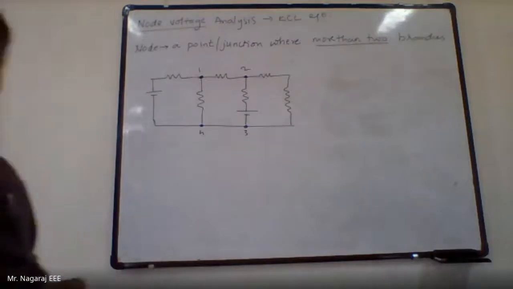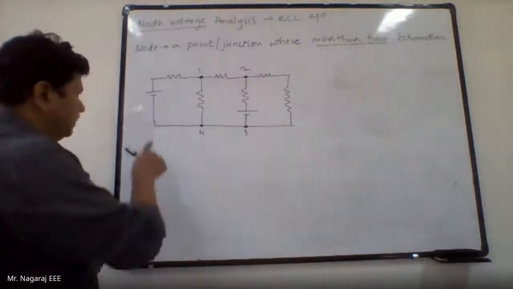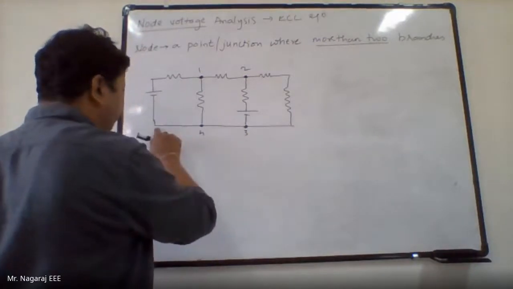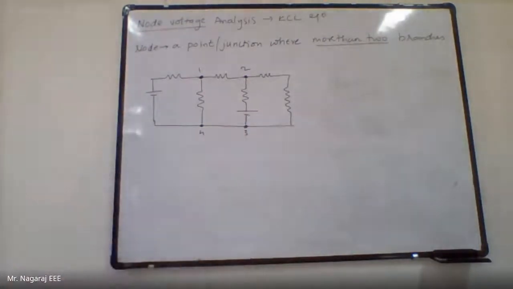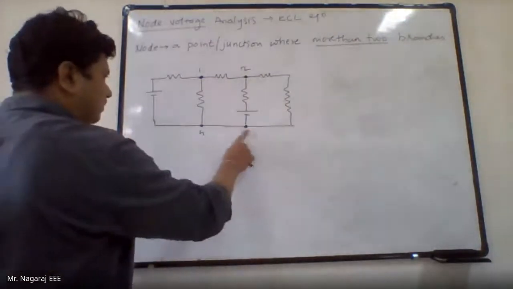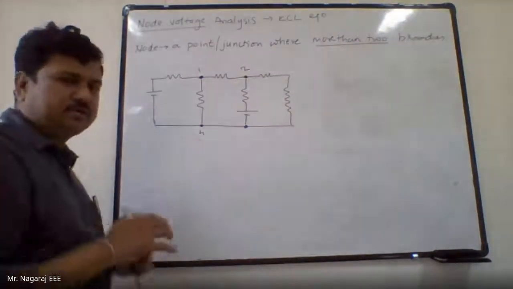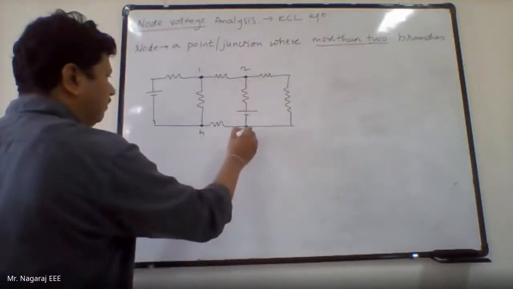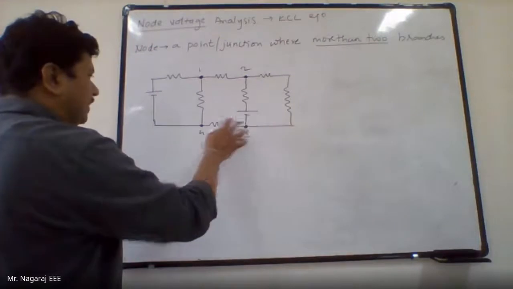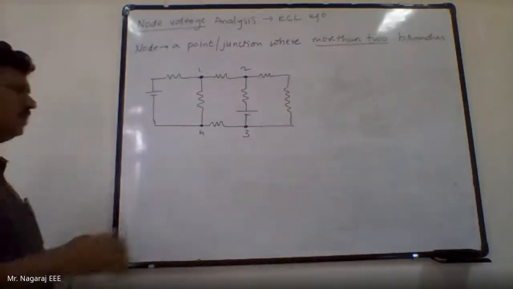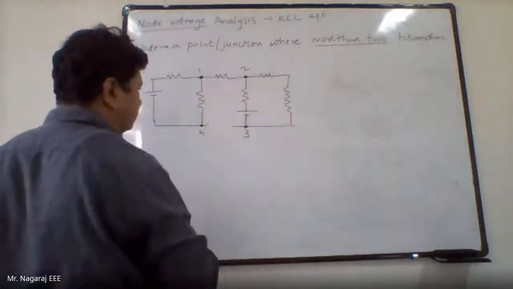But that is not the case. Why? Because see, this is connected with a common wire. 1, 2, 3, 4. All these four connections are same. So there is a common point connection. So these both nodes will combine to give us only one node. Suppose in case I had some element here, then I would have said this is a separate node and this is a separate node.